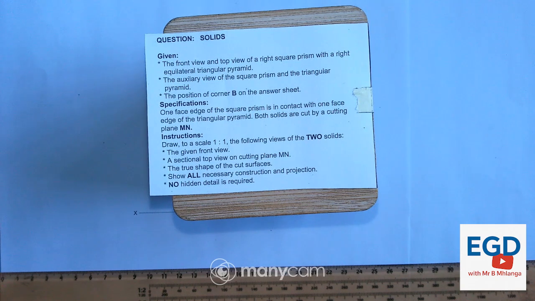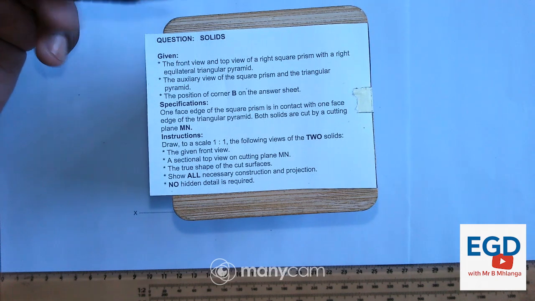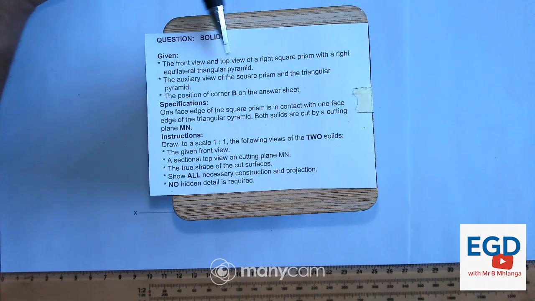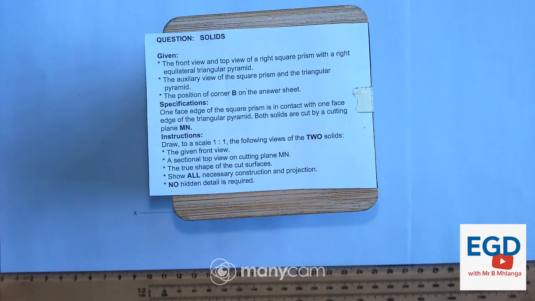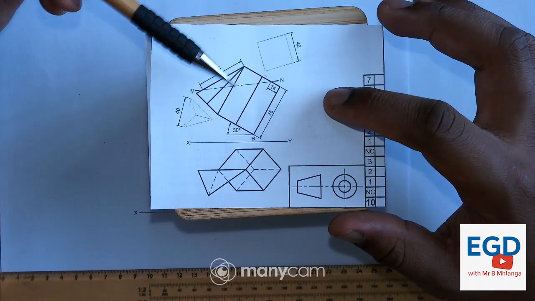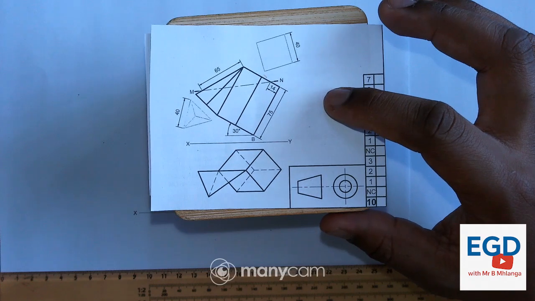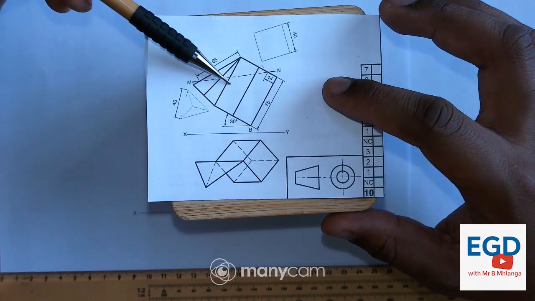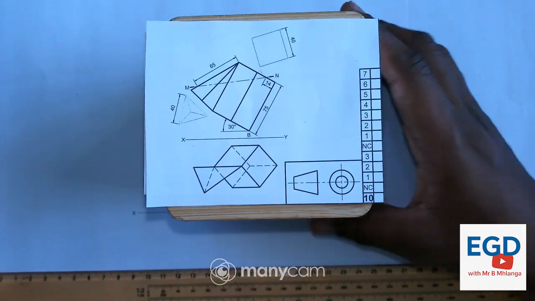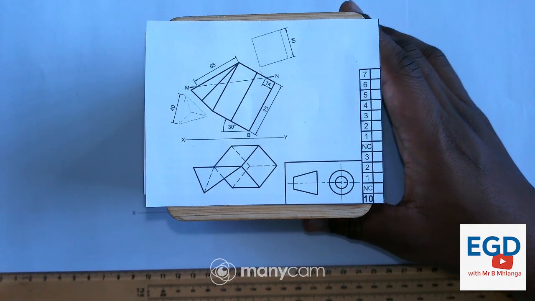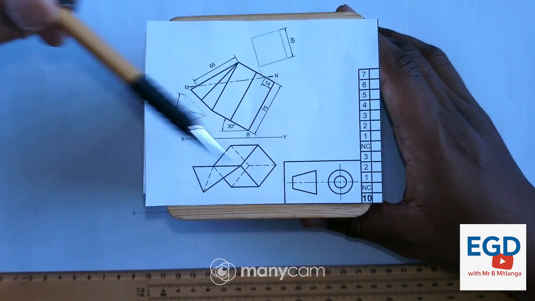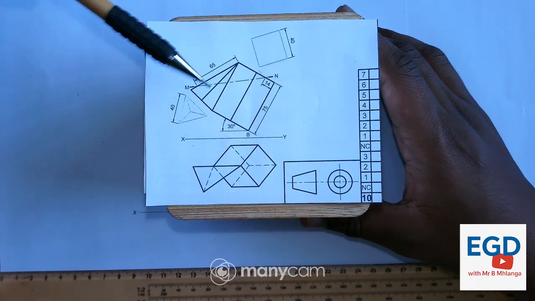Okay, so we are given the front view and the top view of a right square prism with a right equilateral triangular pyramid. So we are given two solids. It's this triangular pyramid and the square prism, right? Okay, so this is the front, this is the top. So remember, solid geometry is always in first angle orthographic projection. So always the top view will always be at the bottom, and then next to it obviously we'll have the